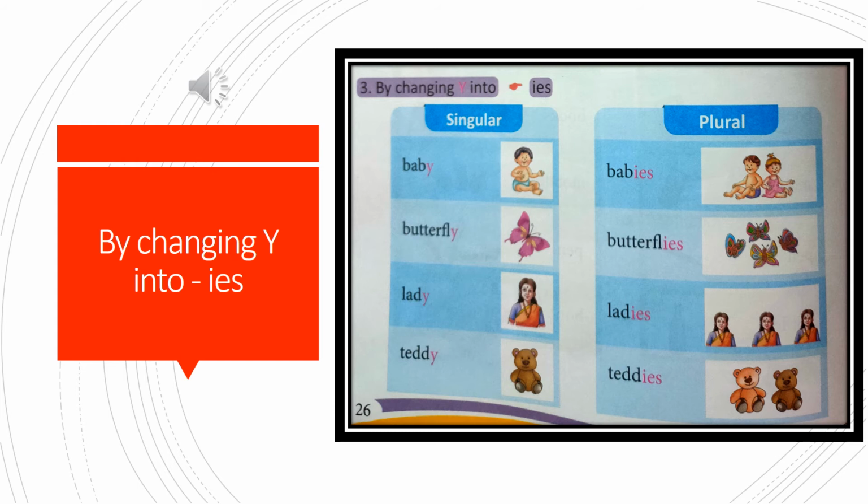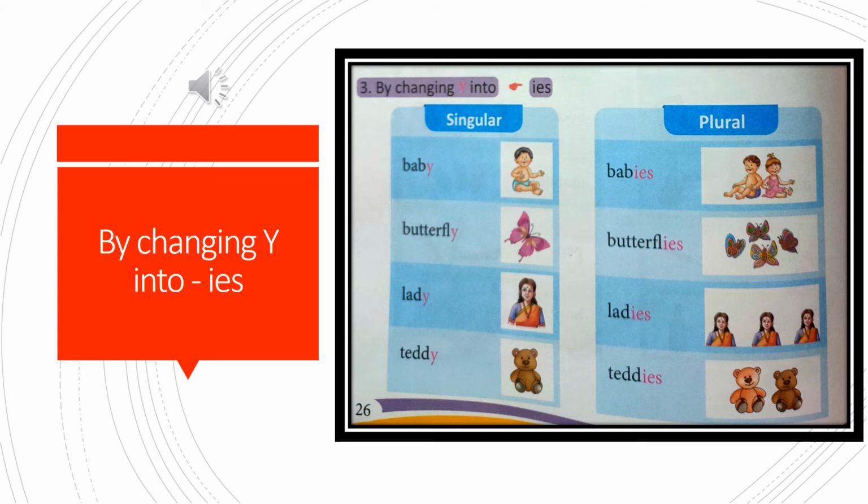For example, baby. When we change baby from singular to plural, it becomes babies, B-A-B-I-E-S, which means we have replaced Y with IES.